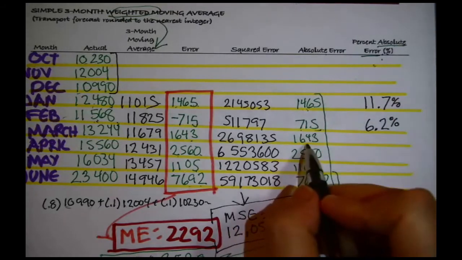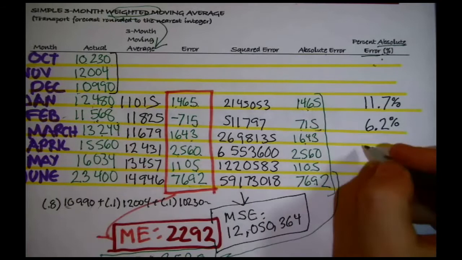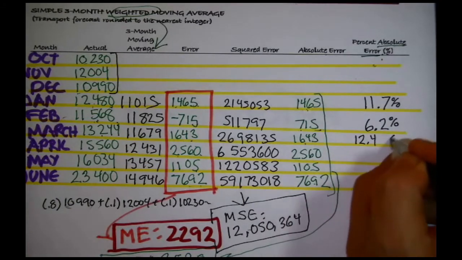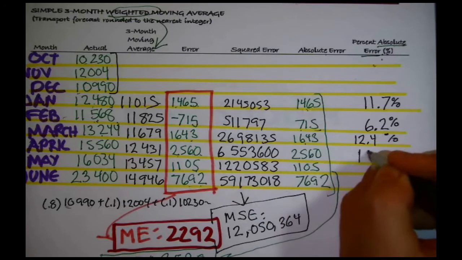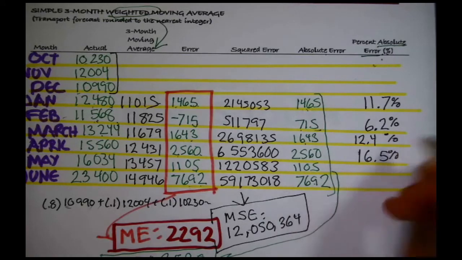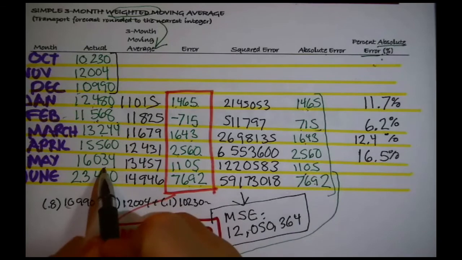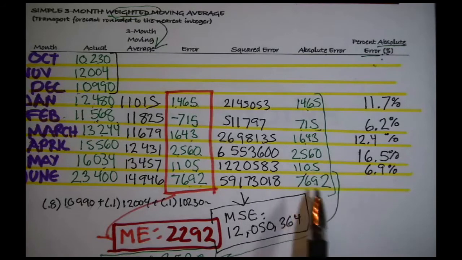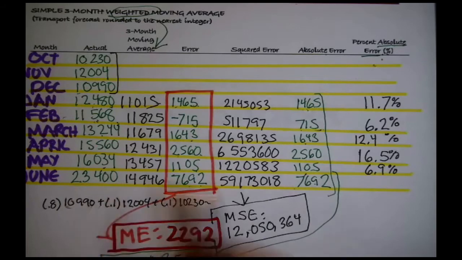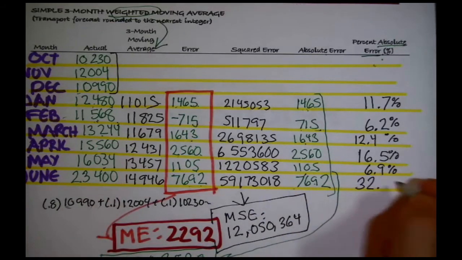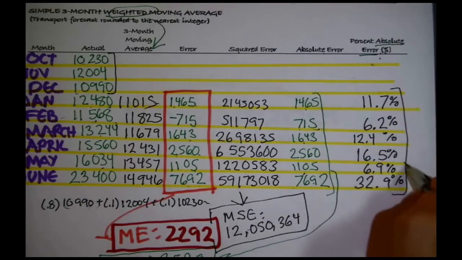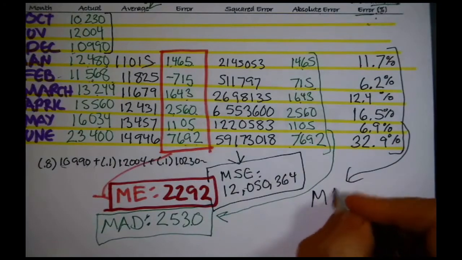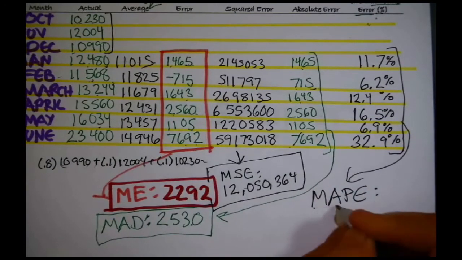This number divided by that number in March, an absolute error of 12.4%. Then for April, an absolute error of 16.5%. Then in May, that number divided by that number, an absolute error of 6.9%. And then finally in June, this number, 7,692 divided by 23,400, is a 32.9% error. Take these numbers, average them together, that produces the so-called MAPE, the mean absolute percent error, of which